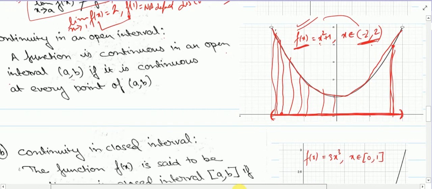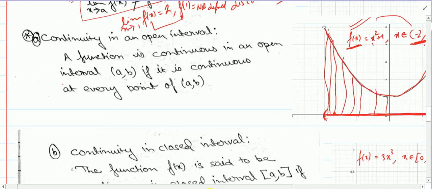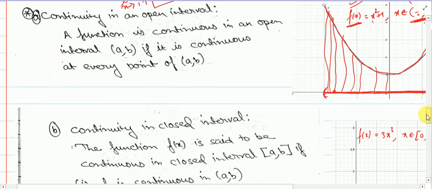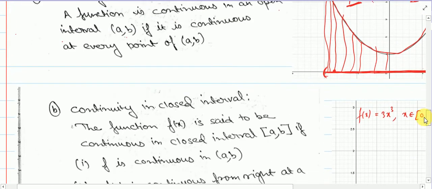So that means for every point in that interval, the function will have some fixed, definite value. So you will write that also. Next is